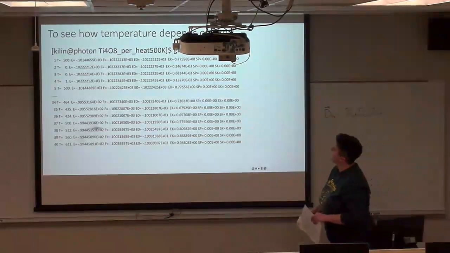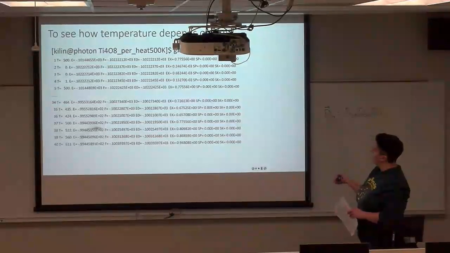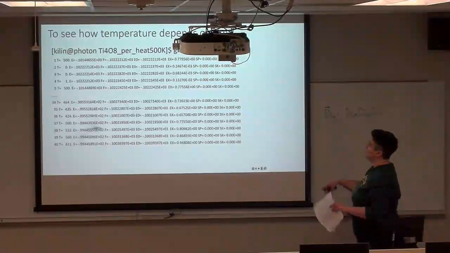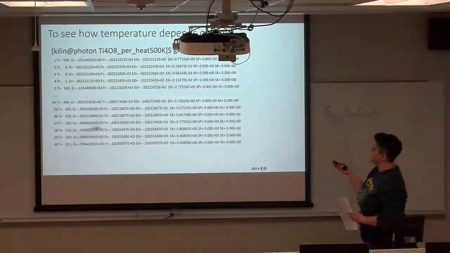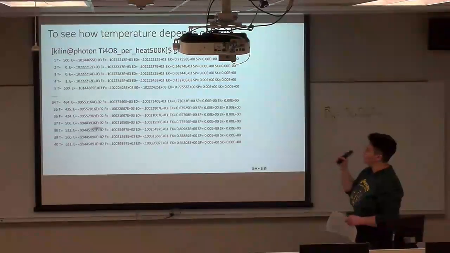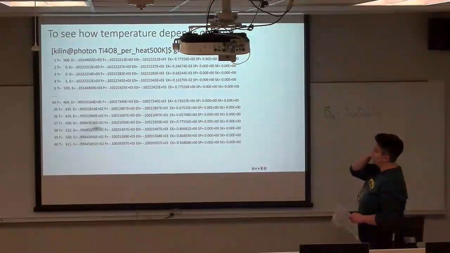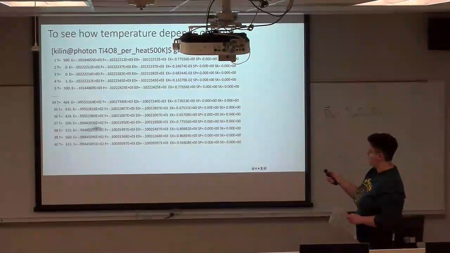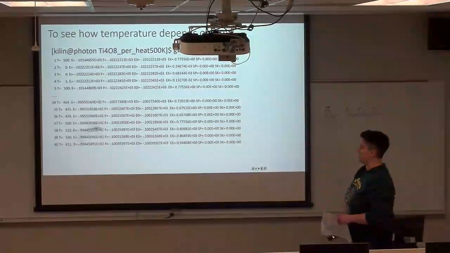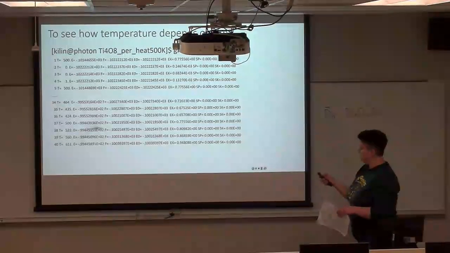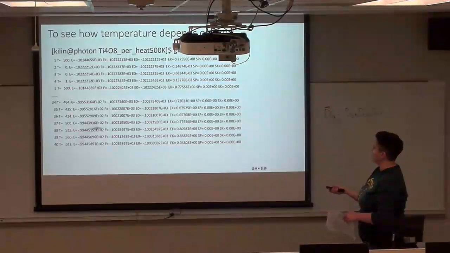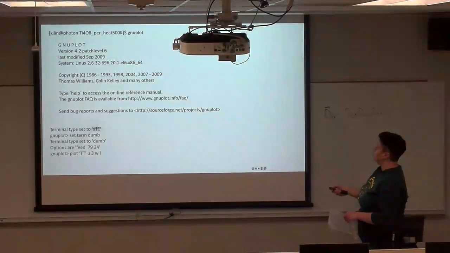Okay, so to see how the temperature depends on time, after we run everything in VASP, we get all those beautiful files at the end. We get our OUTCAR and everything. So we could grab our T from there, and that gives us the temperature at these particular time steps. That shows it right here. It's a really big file, so I only showed you the top 5 lines and the last lines. And grep T gives you the whole thing. But the question is, can we plot this?